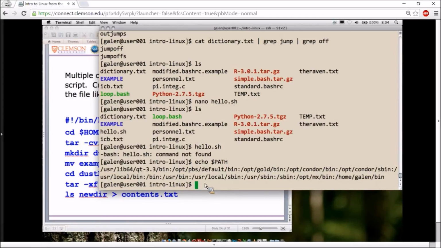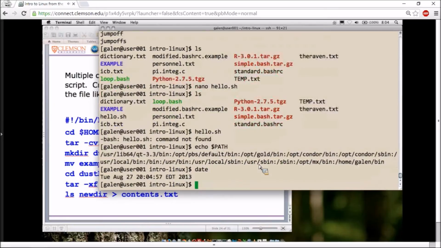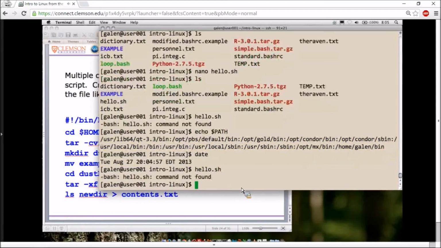You can still run a program without it being in these directories. But being in these directories is how you can do things like run the date command. The date command can just be executed like that without specifying its location because it's in one of these search locations in the path. Now when I try to run my script, I get a command not found because it's literally not found. That program with that name is not found in any of those locations. So what I can do is tell bash to run the script from my current location, ./